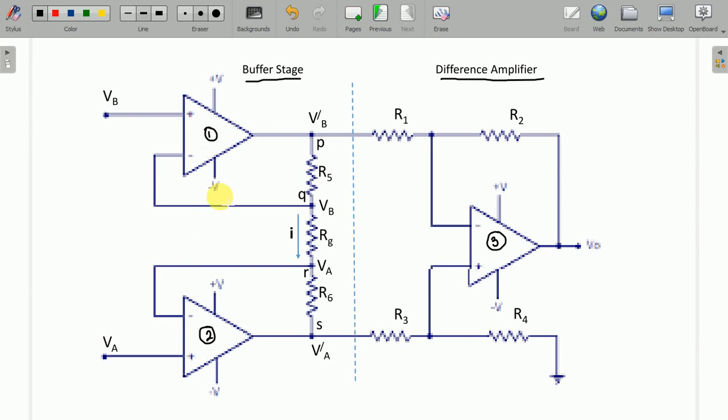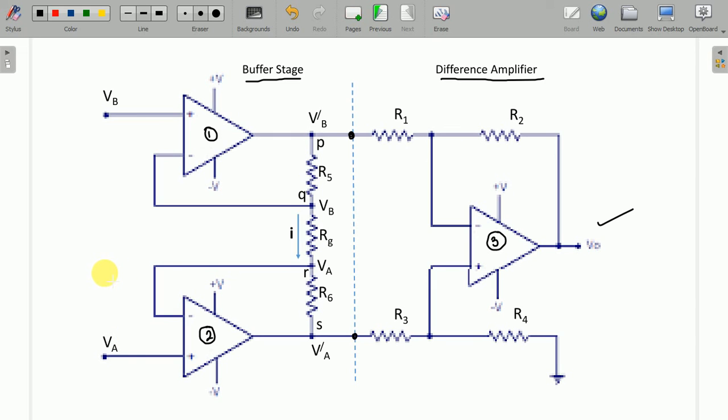लेकिन कर क्या रहा है, ये जो buffer stage है यही common mode signal को हटा दे रहा है और सिर्फ difference mode signal जहां यहां पे आएगा across these two points, across this point and this point, this will amplify the difference signal. So ये part जो है, this part is nothing but the part of difference amplifier and this part is the buffer stage where VB and VA, this is the